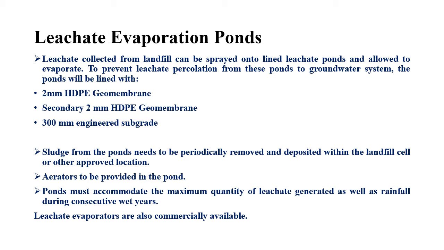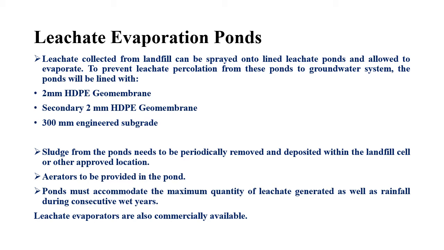Basically you have to dig a depression on the ground, and you cannot just directly dump the leachate over that depression, because there also you have to provide a proper lining system. Maybe a geomembrane sheet can be provided all over the pond, and then even if you pour the leachate, there will not be any percolation into the subsoil below. That's why these are called lined leachate ponds, because you have to line them with a proper liner material or an impermeable material which will not allow percolation of this leachate into the subsoil.